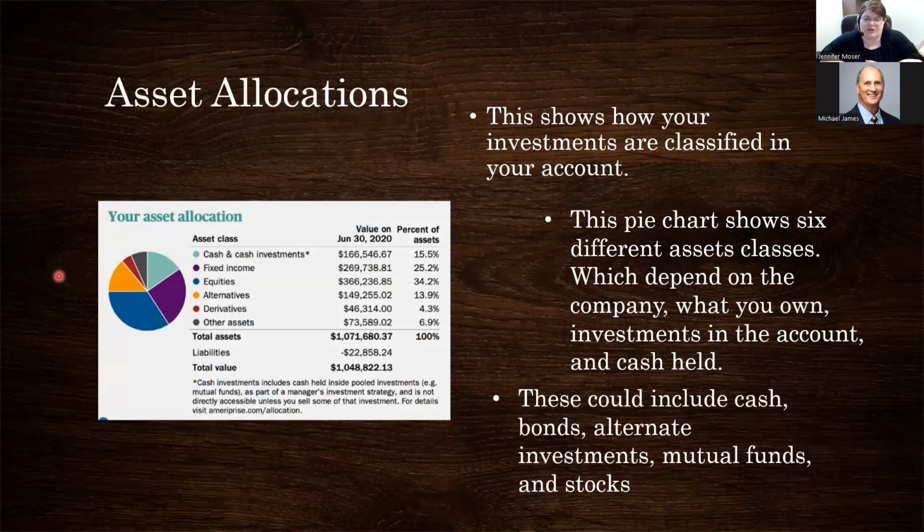So for this one in particular, it talks about cash, fixed incomes, equities, alternative investments, derivative investments, and some other assets in the account. And everything, once again, is divided up into a pie chart where certain percentages equal certain amounts, and that's 100% of it. These other assets in an account could be mutual funds, there could be stocks, there could be bonds, there could be notes. These are just some of the examples that you will see in that pie chart, also showing on your Avantax statement as well.